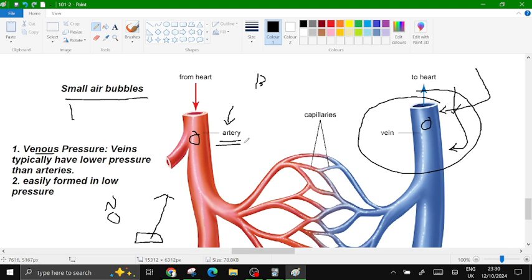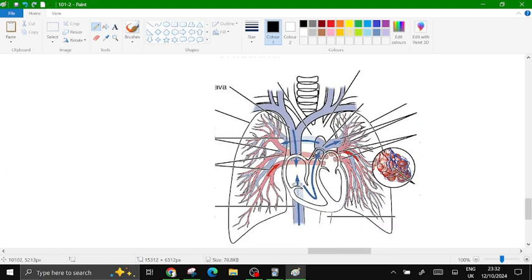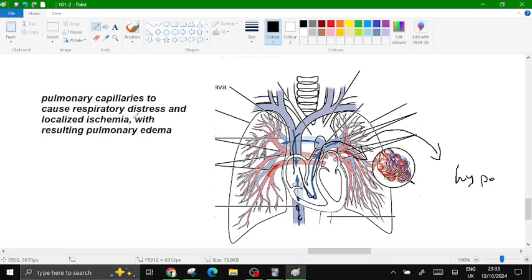So the first symptom that the patient will have: all these air bubbles will go through the inferior vena cava and superior vena cava and go to the heart and then end up eventually in the lung. So the first symptom that the patient will have is hypoxia, because these air bubbles will obstruct the blood flow in the lungs. So the patient will come with respiratory distress or hypoxia,